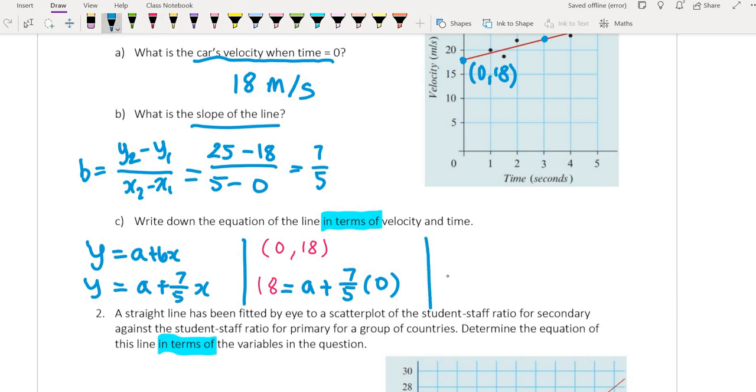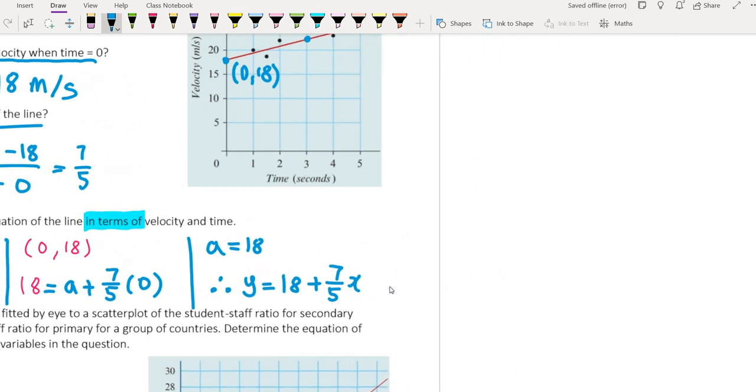And you can put this in the CAS and use the solve function to solve for a, and it'll give you a right away. Or you could just realize a has to equal 18 here. So our equation is y equals 18 plus 7 on 5x. Now, if I gave this as our final answer, I would not get full marks for this one, because